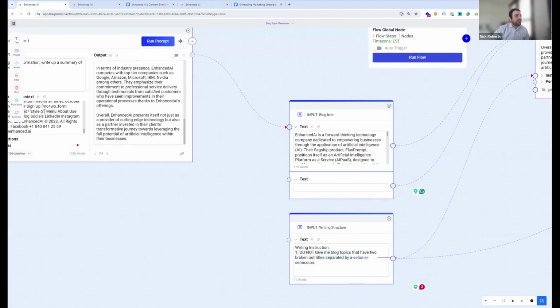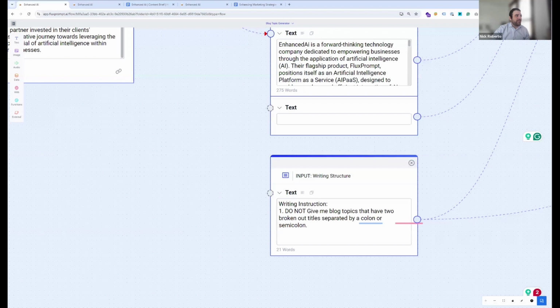We can also give instructions for, again, blog content topics. This can also be tied to topics within service pages as well. In this text right here, we have: do not give blog topics that have two broken up titles. This is one thing I see a lot with AI: it will give a main topic, a colon, or something like that, and then an additional topic.